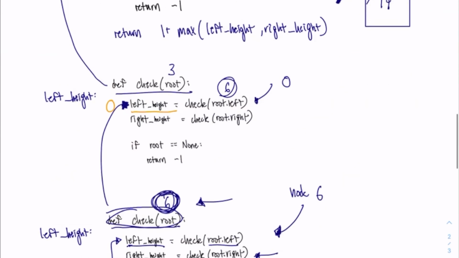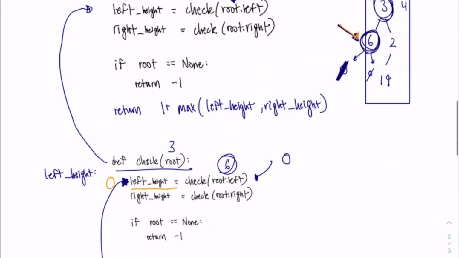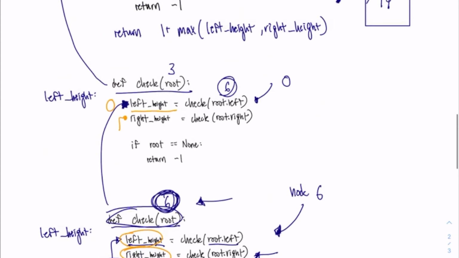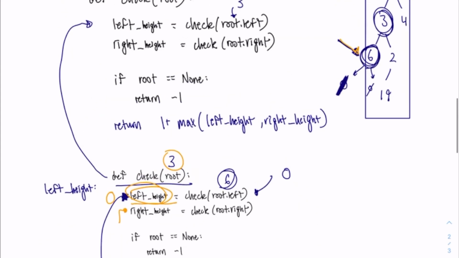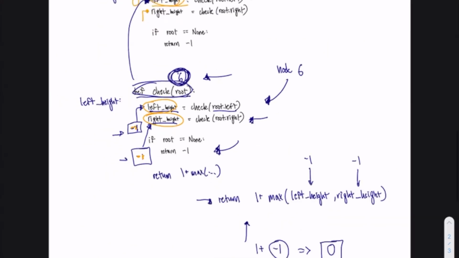Okay, so now that we have left height defined as 0, we can move to looking at this right height statement. We've been able to find left height for the node 3, so this one. Node 3's left height is 0, but we haven't been able to find the height of 2. So that's what we're going to do now. So this right height,